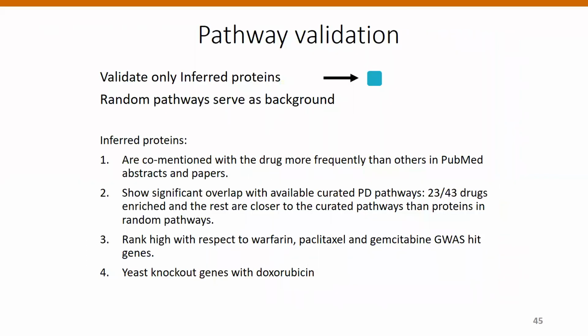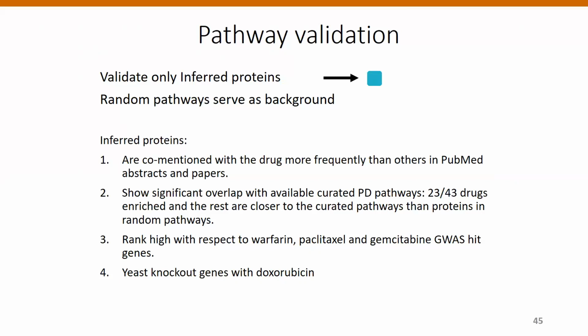And we also validated the inferred proteins, these light blue ones, using literature search and overlap with curated pharmacodynamic pathways. They also ranked higher in several genome-wide association studies, taking the top hits. And we also found for doxorubicin, which is a cancer drug, some homology between our pathway and genes that were knocked out in yeast, giving differential